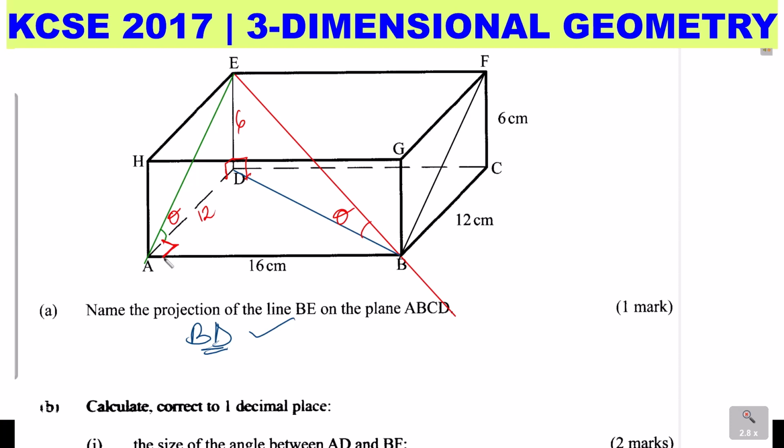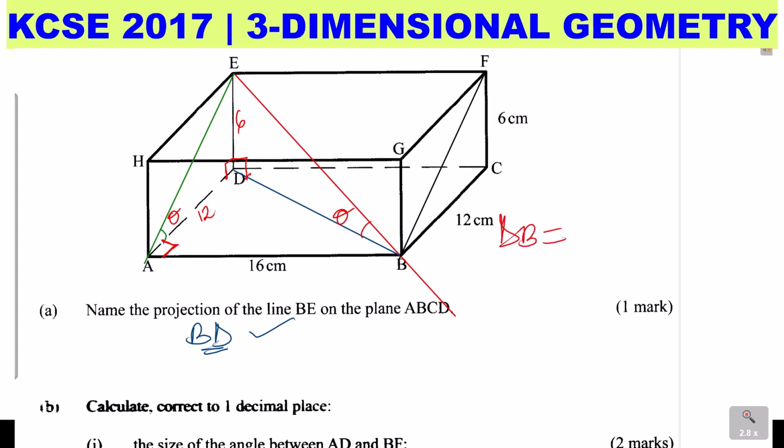Therefore, you have ADB as a right angle triangle. So the hypotenuse is DB. DB is the hypotenuse, that is the side opposite the right angle. So to get DB